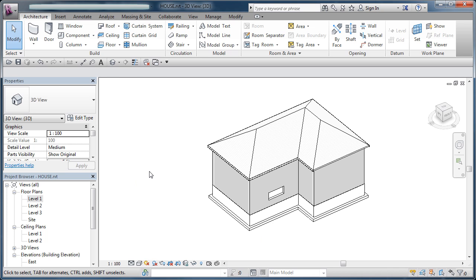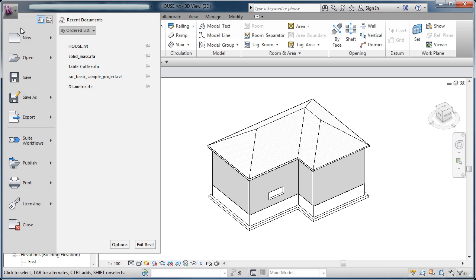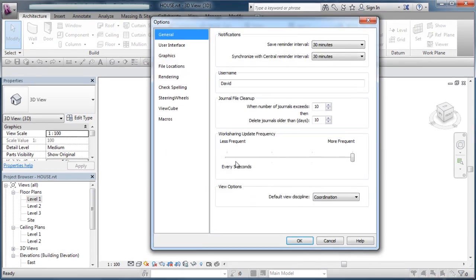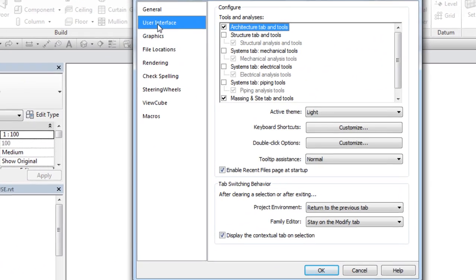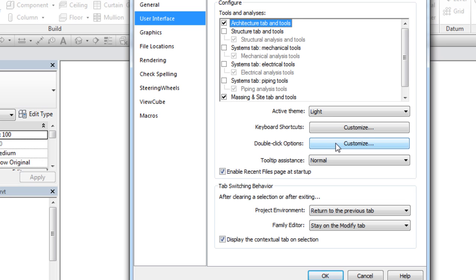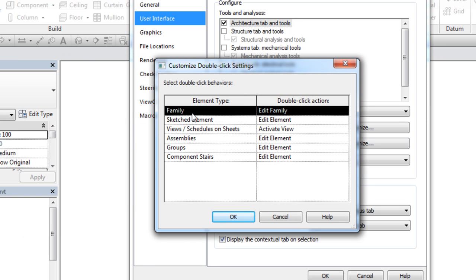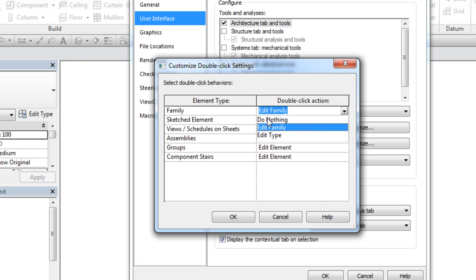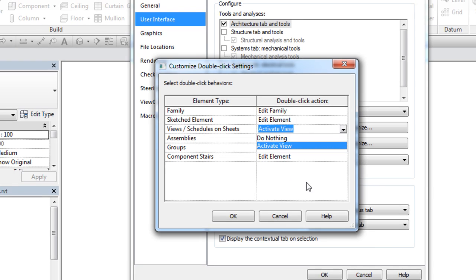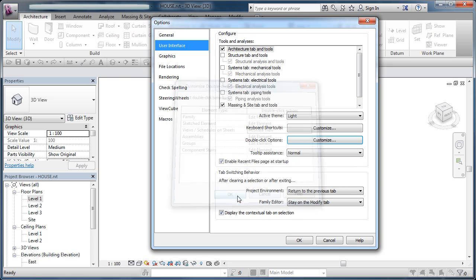If you don't like the double click functionality, you can go to the applications menu and options, and under user interface you'll find here double click options. We can customize this, so we can see that you can do nothing, edit the family, or edit the type for all these elements as well. And again, things like schedules, we can activate it or do nothing when we double click it,